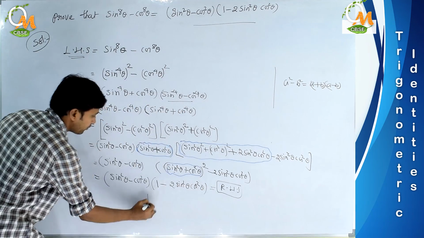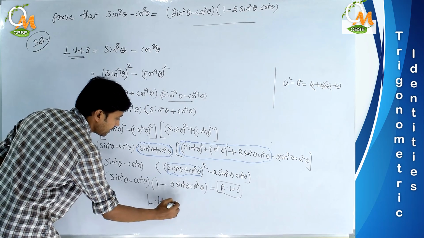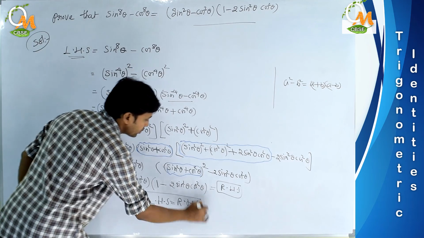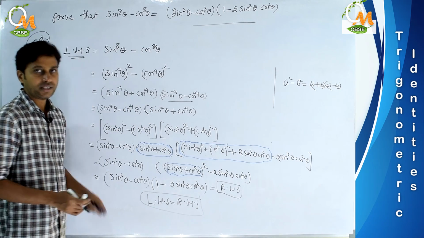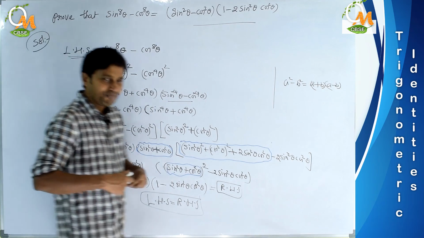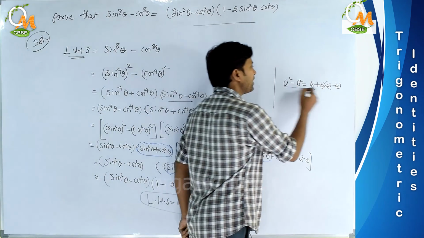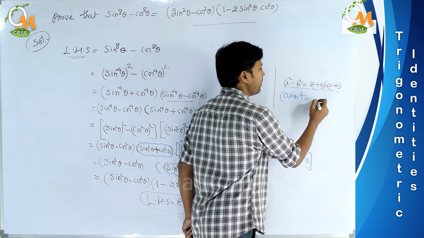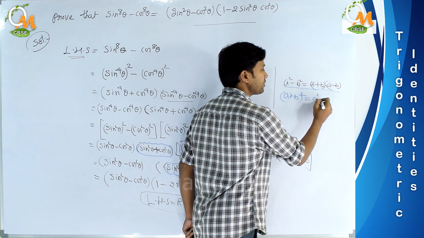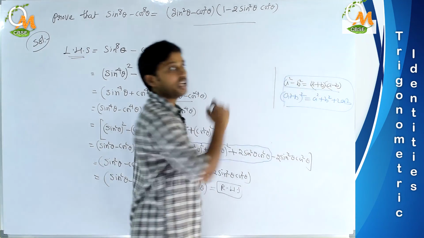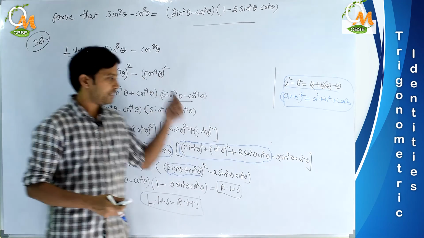Understood? So therefore for this problem LHS is equal to RHS. So therefore we solved it. Okay, we have solved it. So anyways guys, here the only thing we are making use of is A square minus B square and A plus B whole square, using these two formulas. A plus B whole square means what? A square plus B square plus 2AB. Using these two algebraic identities we solved this problem.